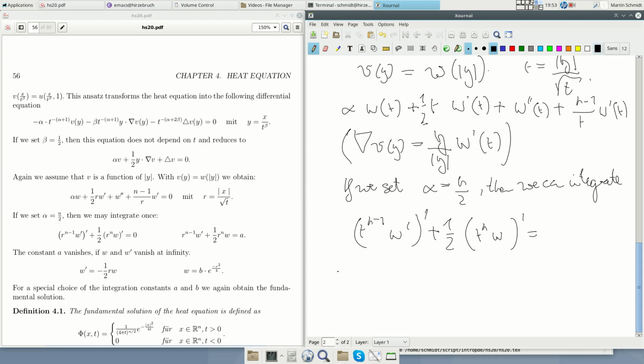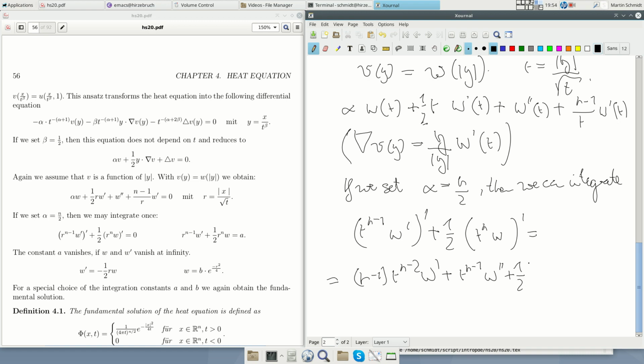Let's do the calculation. Here r is of course the variable with which we take the prime. So we take the prime. So this is n minus 1 times r^(n-2) v prime plus r to the power n minus 1 v double prime